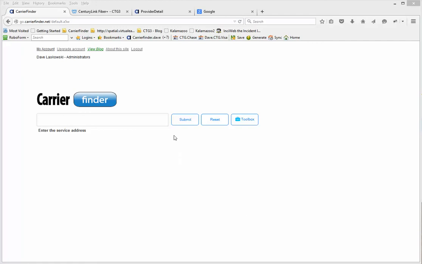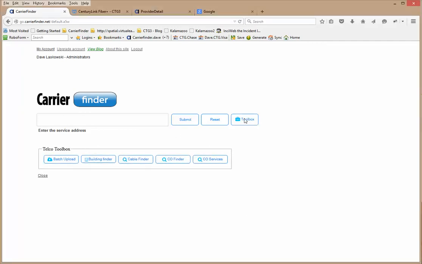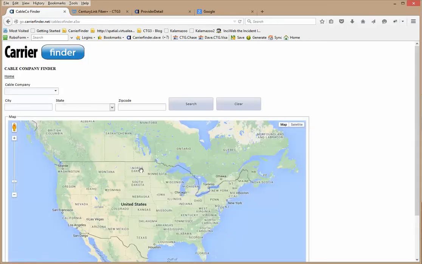Okay, this video continues to show toolbox options. We're going to open the toolbox and specifically look at CableFinder. Actually, we're going to look at CableFinder, COFinder, and CO services all at one time here because they're pretty fast to go through. CableFinder. The purpose of CableFinder is to figure out who the cable co is for a particular